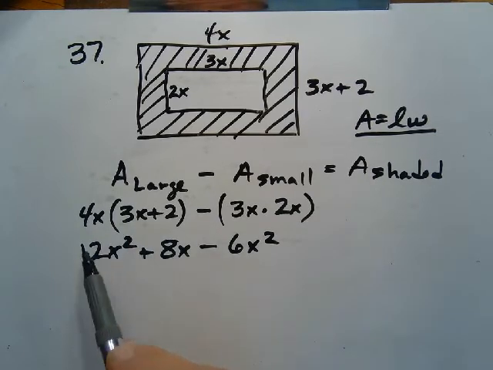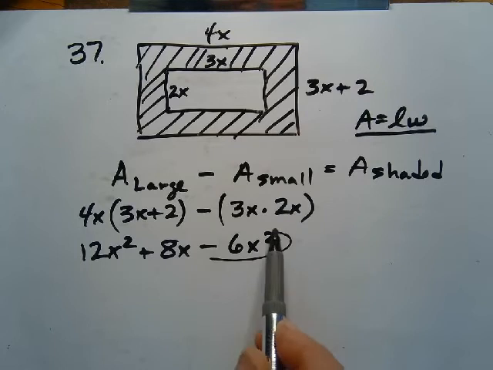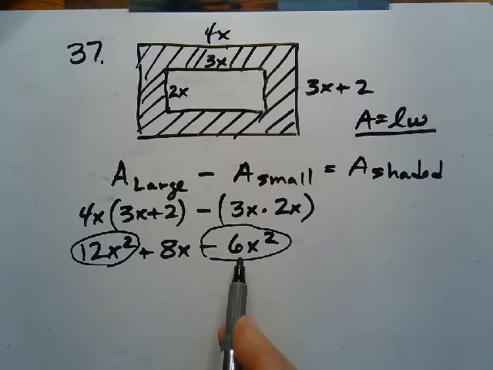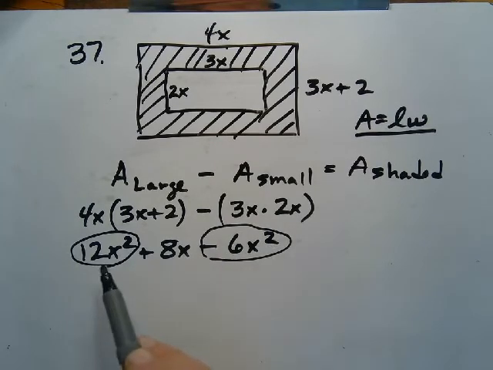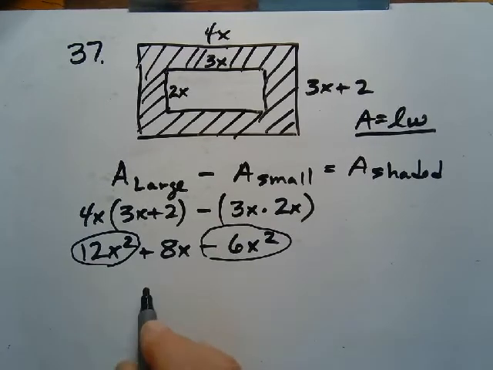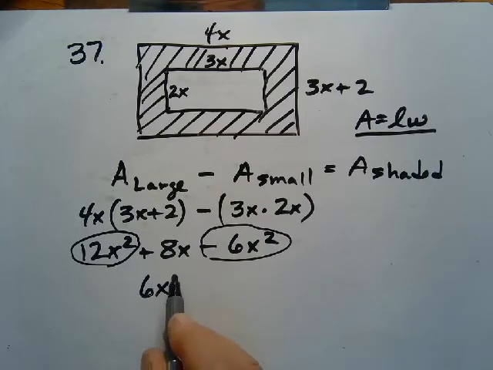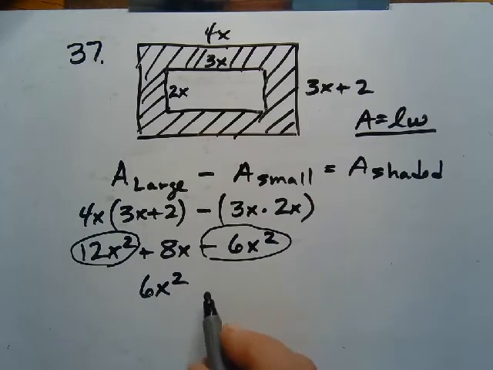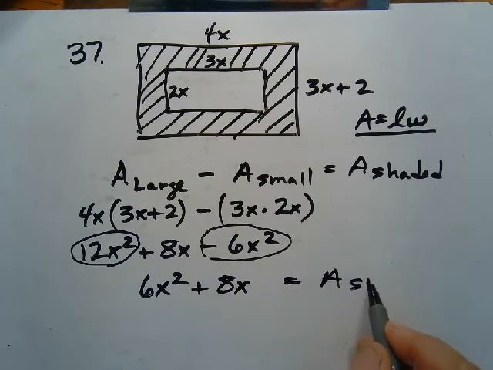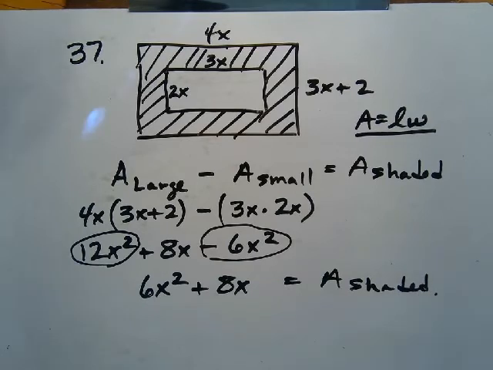All right, now we want to collect the terms, and we see that there's an x squared term here and another one here. Notice I'm starting with the highest degree, 12x squared, and a negative 6x squared. Now we're adding, so don't add the exponents, you're adding the numbers out front. 12 minus 6 is 6x squared, plus 8x. And that should be the area of our shaded region. We'll have another problem like that, number 38, where you're going to have to calculate the area of the